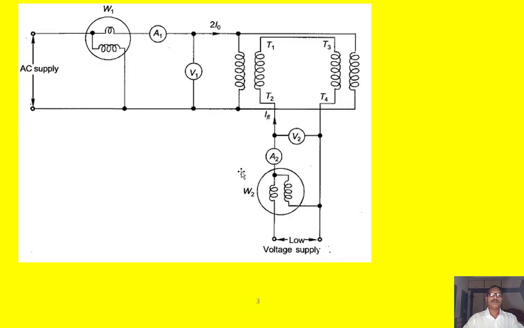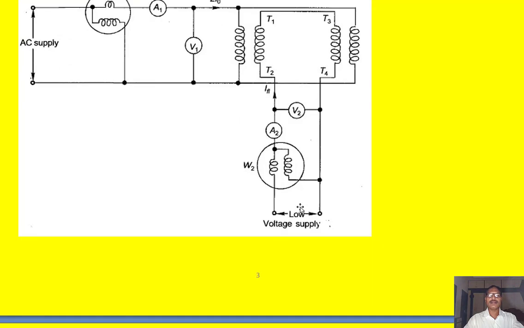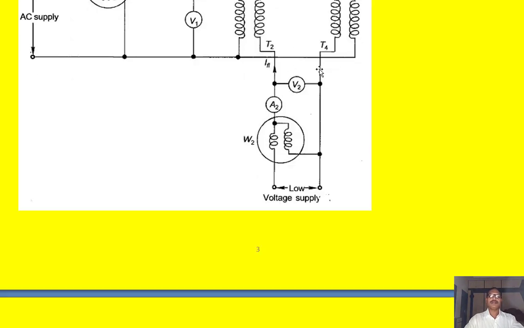So here the problem is, he gave the data of this meter reading, and this meter reading, and this meter reading also, this meter and this meter and this meter, means short circuit data and the open circuit data are also given. So we have to use that data to calculate the efficiency of transformers 1 and 2, because both the transformers are identical.